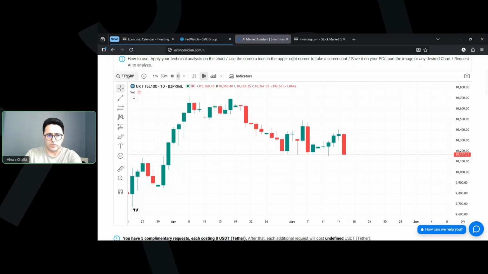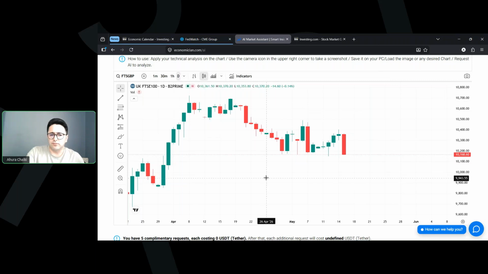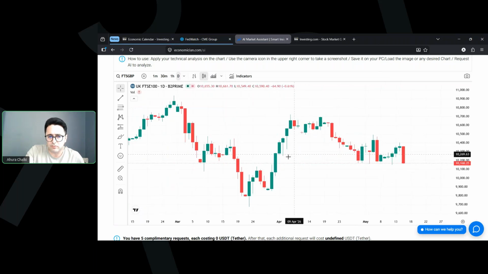It's the same thing here, with the GBP. The same thing with the FTSE. The price is in GBP, it's not in US dollar. The same situation we have in the FTSE. You can see the FTSE, which was increasing in recent days, and now it's in a downtrend.